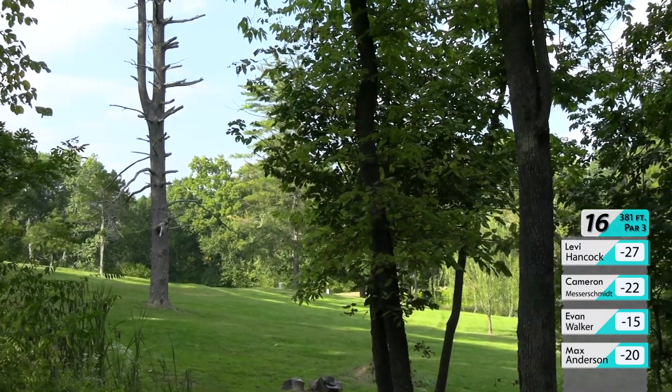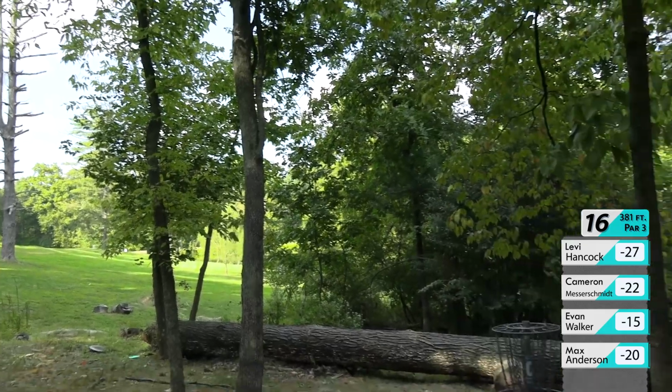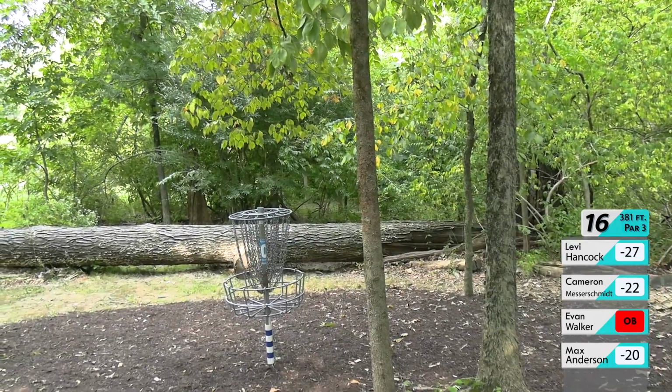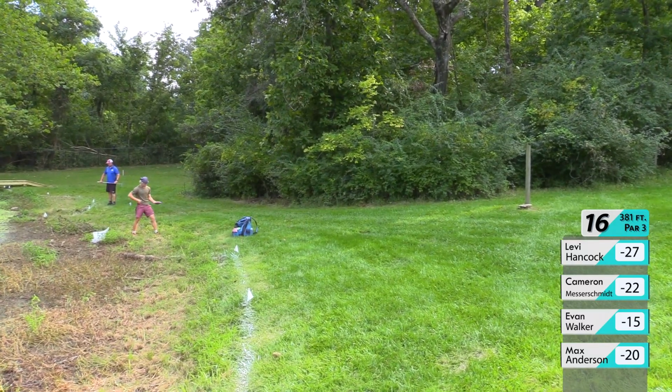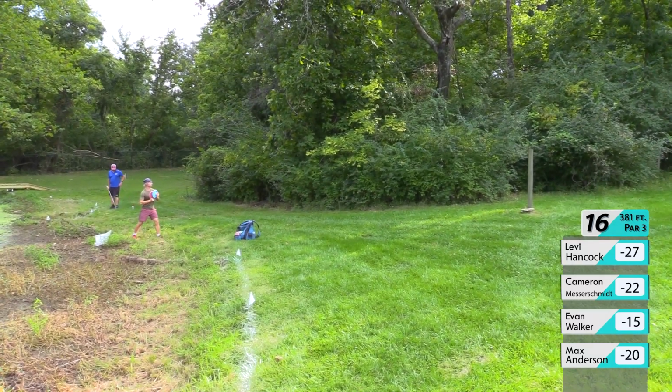This needs to flip. This needs to sit. Yep. Oh, I think he went OB into the water. So Evan gets the nose up, fading out left, and finds that OB left side. Hopefully he got his disc back, but...